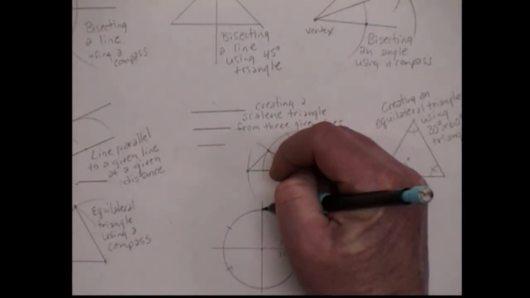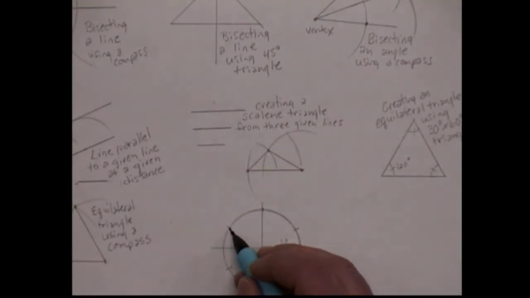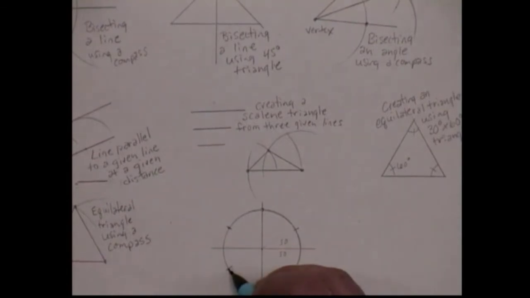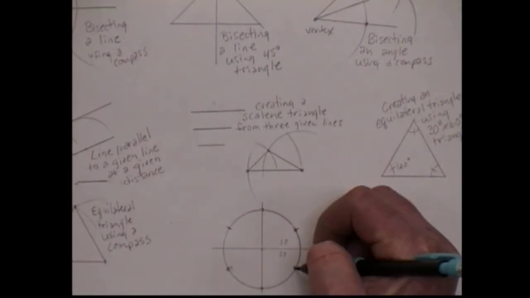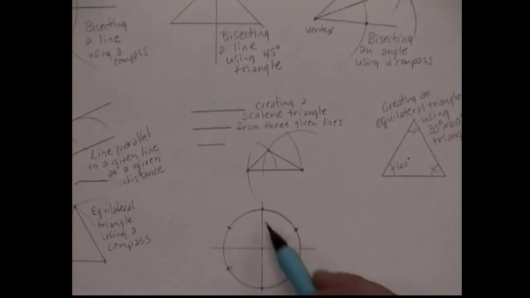So the points of our hexagon is a quadrant point, this measurement point, this measurement point. So we have points at the quadrants, the horizontal, or the vertical quadrants, and then those points that we made